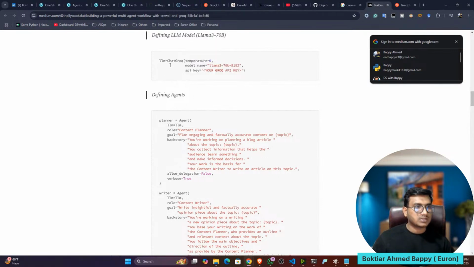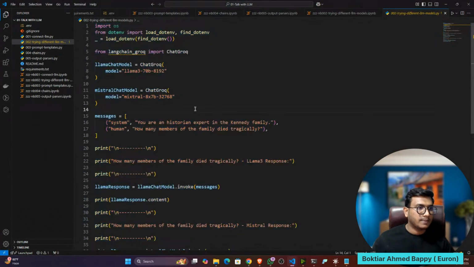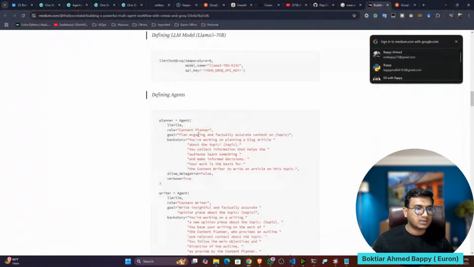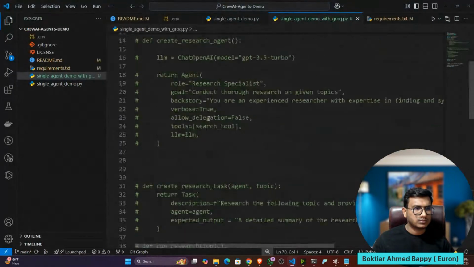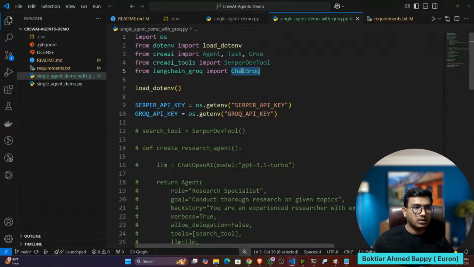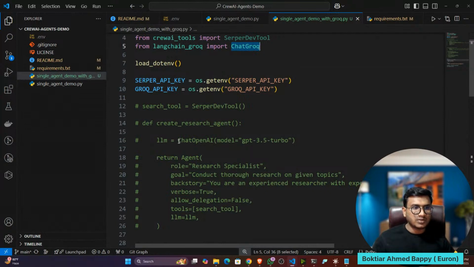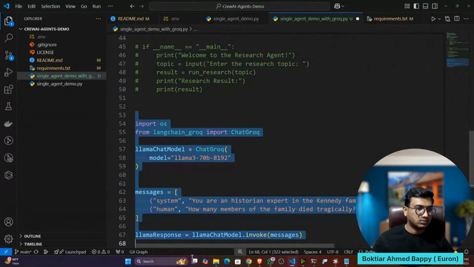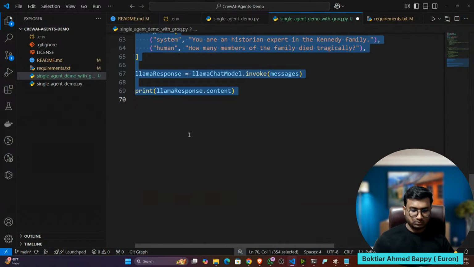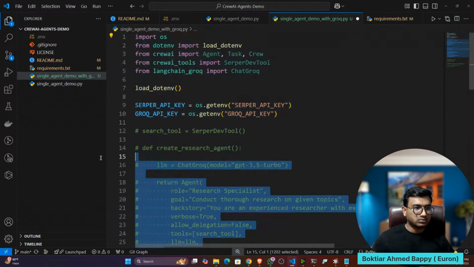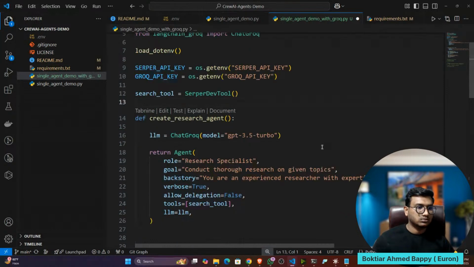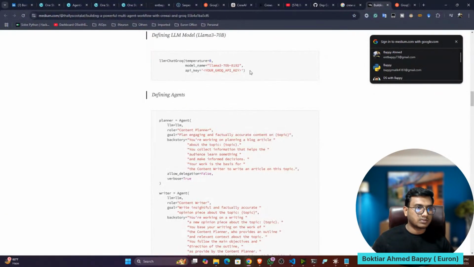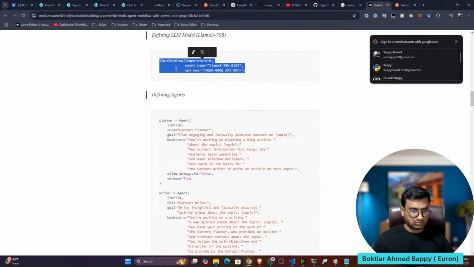Here you can see the ChatGroq model we have imported. Instead of using ChatOpenAI, you have to use ChatGroq, and inside that you have to replace the model name.